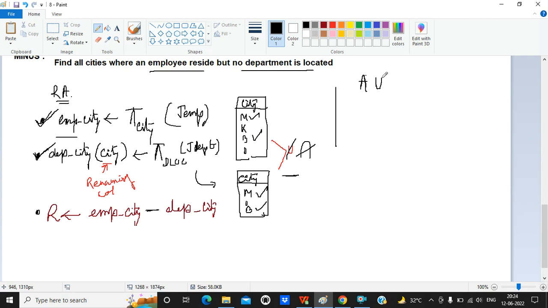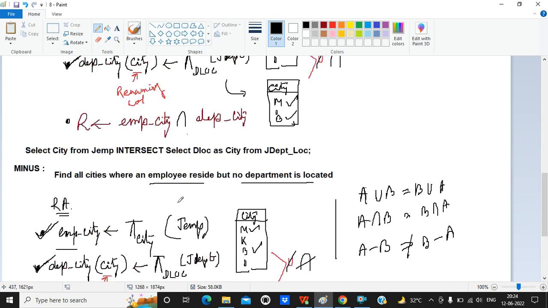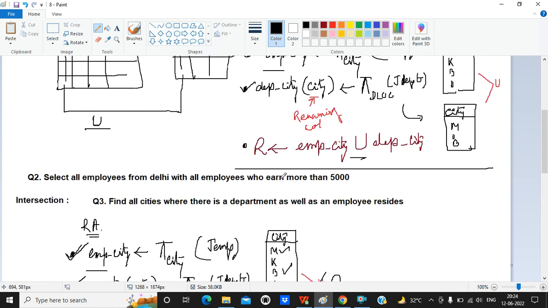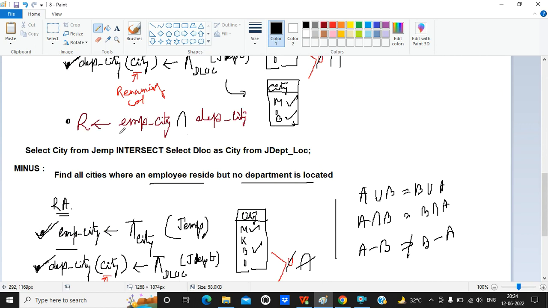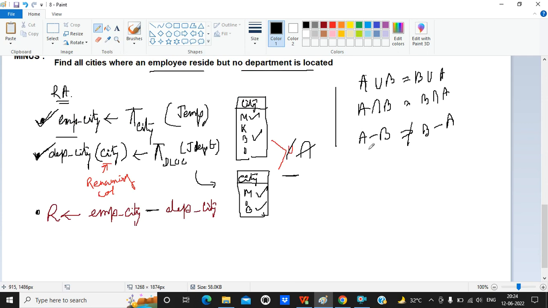A union B will be equal to B union A. A intersection B must also be equal to B intersection A, but A minus B will not be equal to B minus A. So in these two cases, union and intersection, if you interchange these two parts, there will be no harm. But in case of minus,